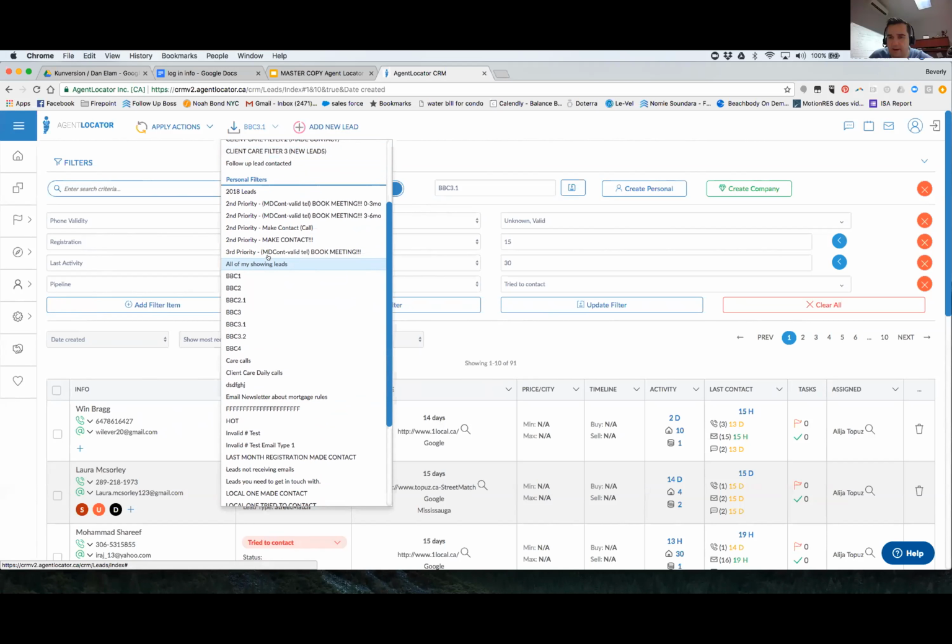I think we might have some clarity whenever I go through my filters a little bit. We do have a lot of different statuses here, and the importance of keeping this simplified, again, is not to overthink it. New leads are exactly what they are. We haven't called them yet. Tried to contact: either A, we've never spoken to you and we have to find out where you are in the process, or